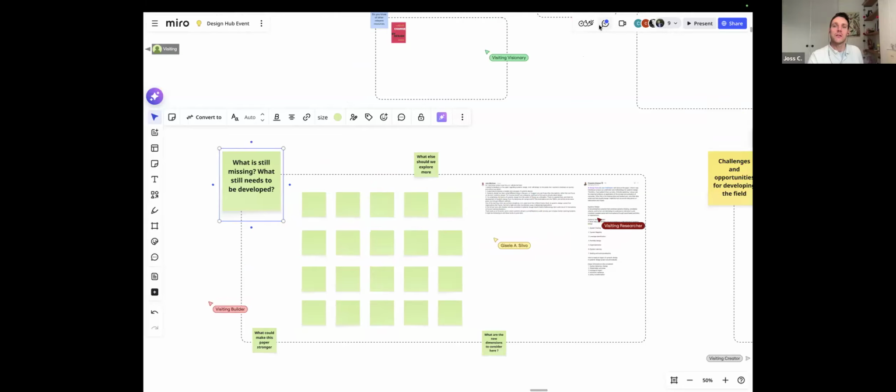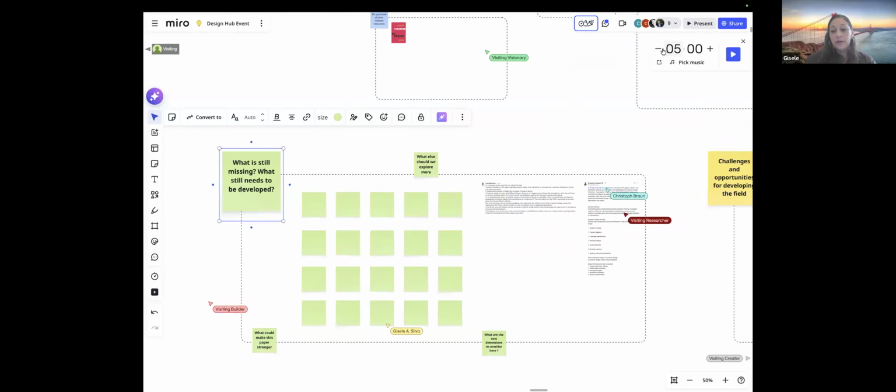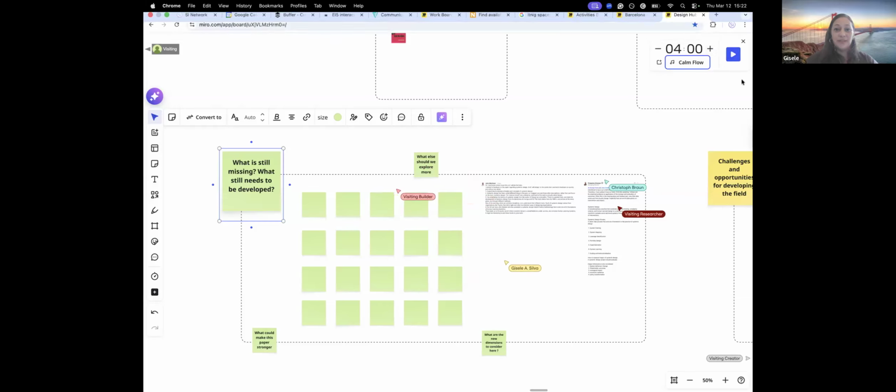Maybe you can think about what could make this paper stronger, what are the new dimensions we could consider here, or what else should we explore more. So I think you take a few minutes to share here on these take notes about your doubts.